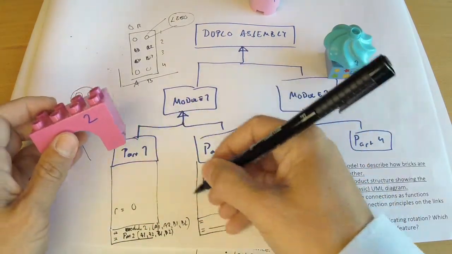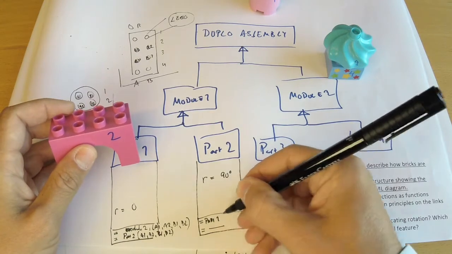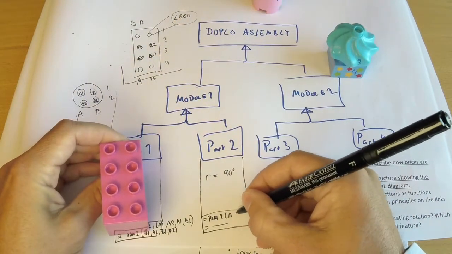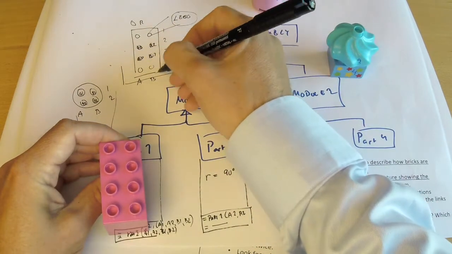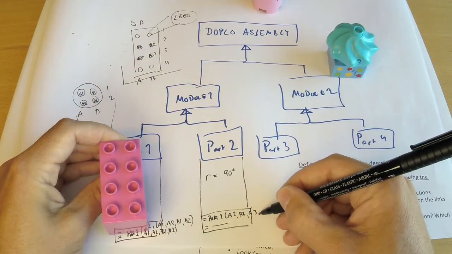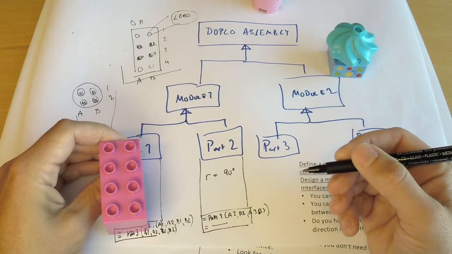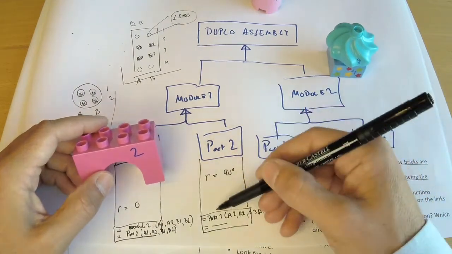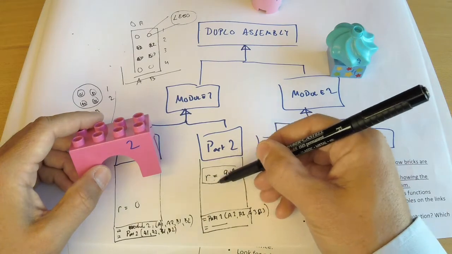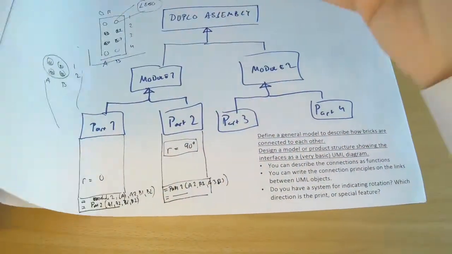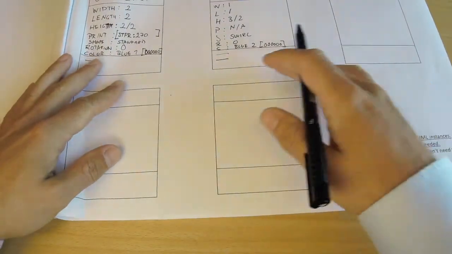So then we can write that in the connection on top. We write that it's connected to part 1, and it's connected on A2, B2, A3, and B3. And if you remember the example from the lecture, it said rotation down there, but now that's not needed because we have actually put the rotation up there, which we might actually want to go back and update to make sure that,